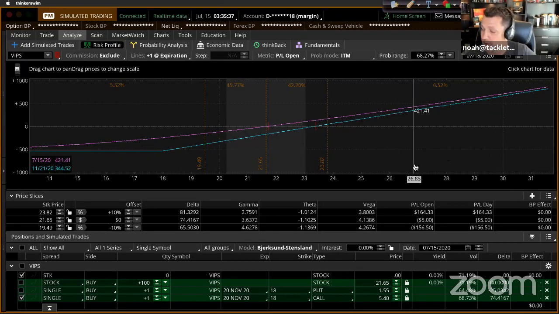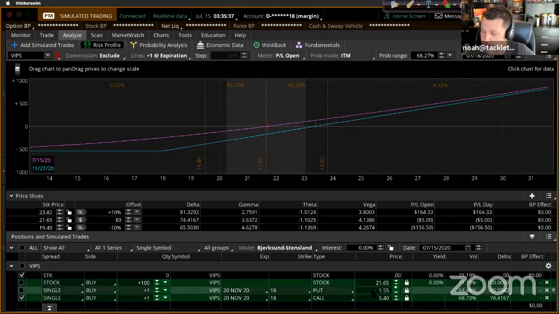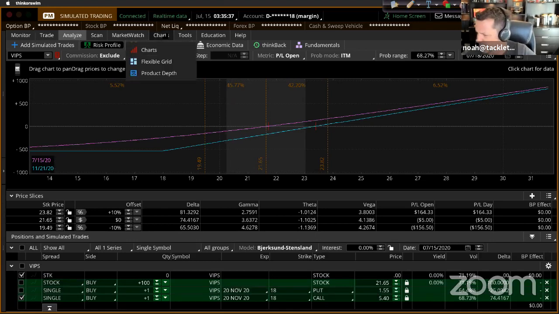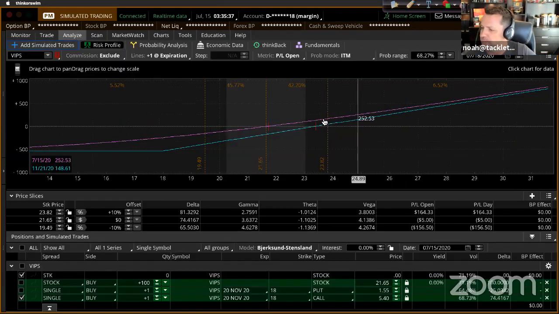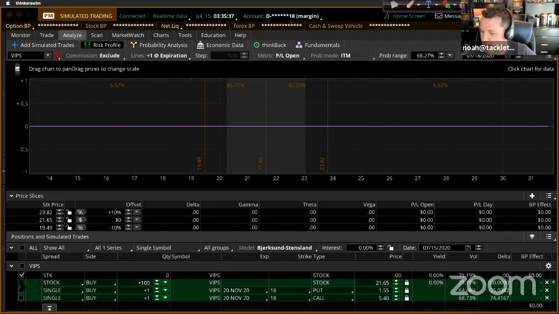So that's the amount of capital outlay. Like if you wanted to speculate, and instead of spending your money on the stock and buying the protective put, which is actually a great idea because then you own the stock, you get the dividends if they pay it. And I think VIPS pays a dividend. No, they don't. If they did pay a dividend, you'd collect that. If you own the call, you don't get any dividends. But you could tie up $540 instead of tying up